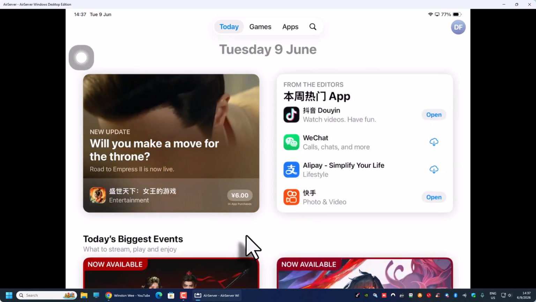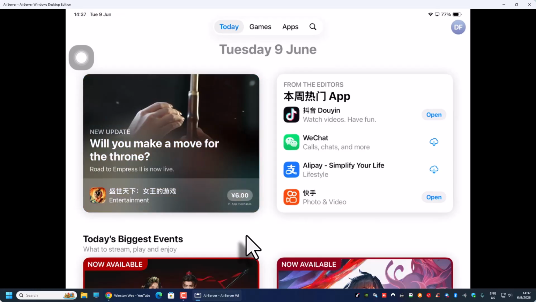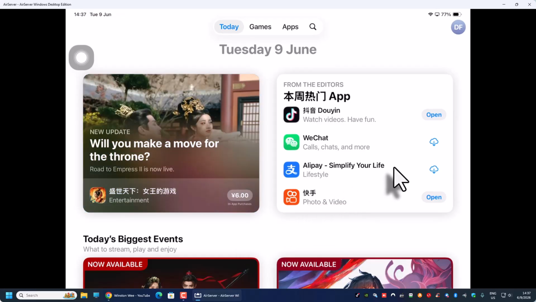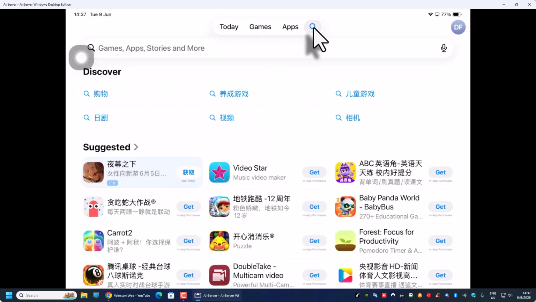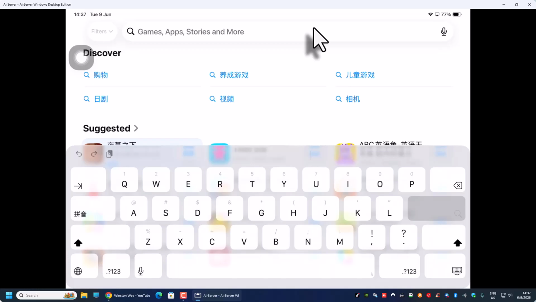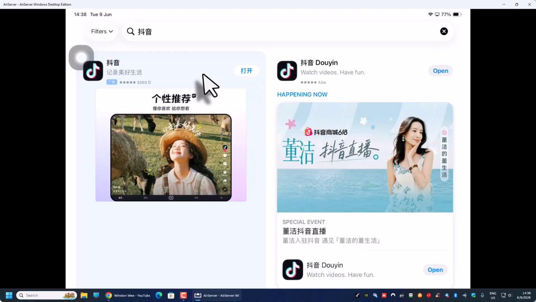Right now what you are seeing is basically a Chinese app store. So you don't have your WhatsApp or your YouTube over here. So what you want to do is click on this search button over here, and then you're going to type over here, type Douyin, and click on this first one over here, and this is the one that you want, either this one or this one. This one, 打开, is referring to open. So because I already installed Douyin on my iPad, if I click on this, it will just open my